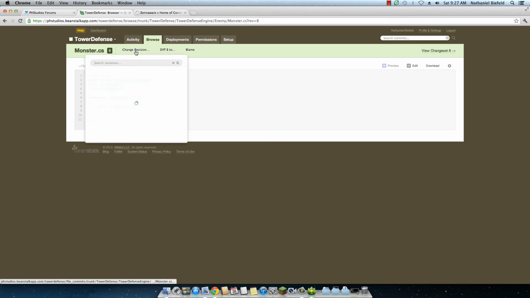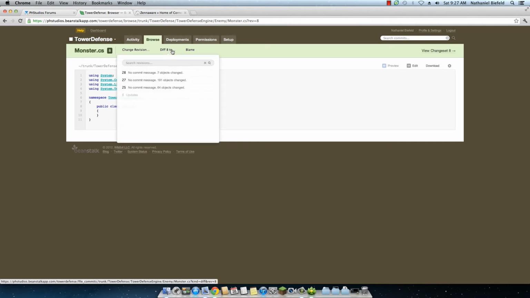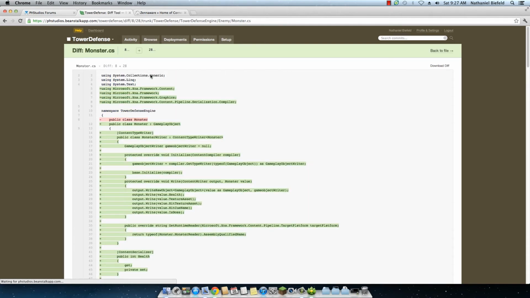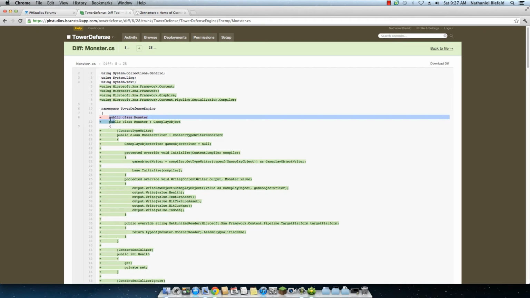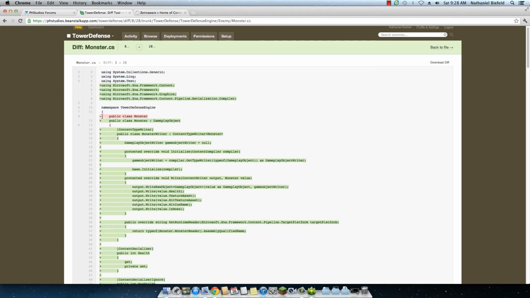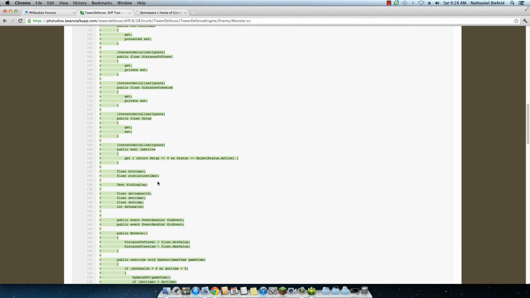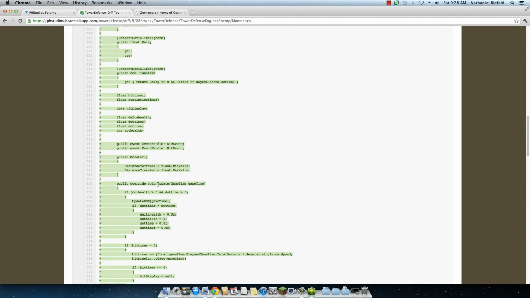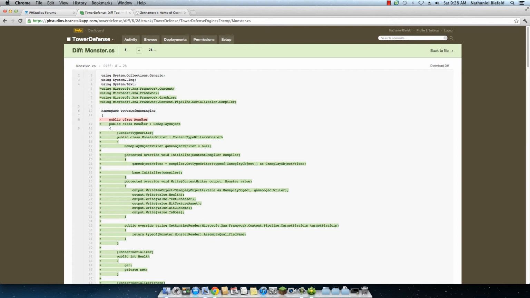Now if I click here to change revision, I can change revision here. Or I can difference 8 to let's say 25. It'll tell me what has been deleted and what has been added. So I deleted the public class monster because I changed that line to have a derivative of gameplay object. And of course the minus means it was deleted and the plus means it was added. So you can see the advantage of finding out what has changed between revision 8 and 28. Okay,